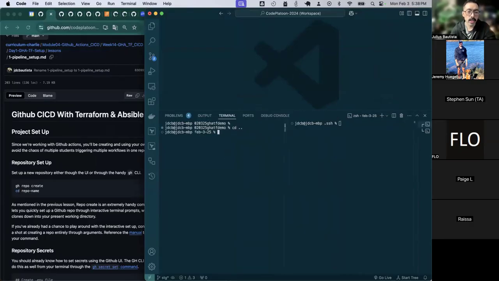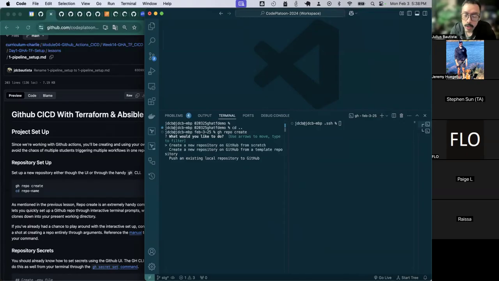I think we showed you last week how to use the GitHub command line, which is slightly different from the Git command line. It's pretty much a convenience tool. It lets us do things like create repositories through an interactive menu, right? So I'm going to do a gh repo create and create from scratch. I'm going to give it a name, a very creative name, and I'm going to select my account, give a description,